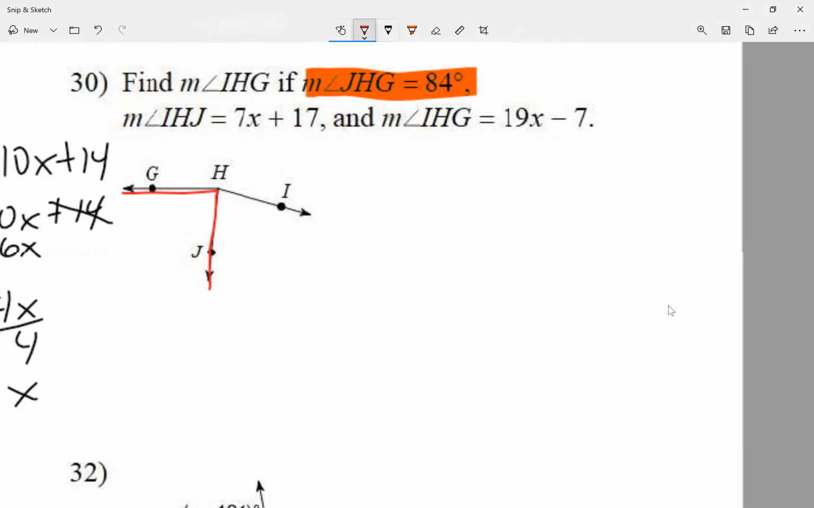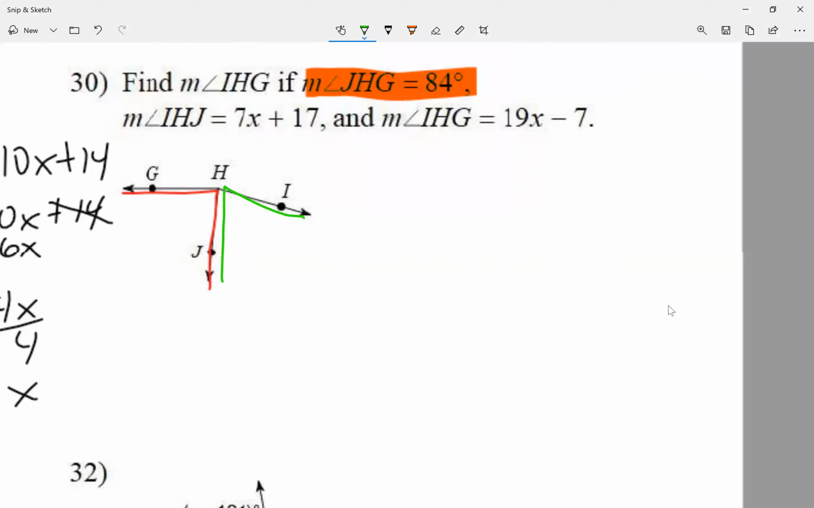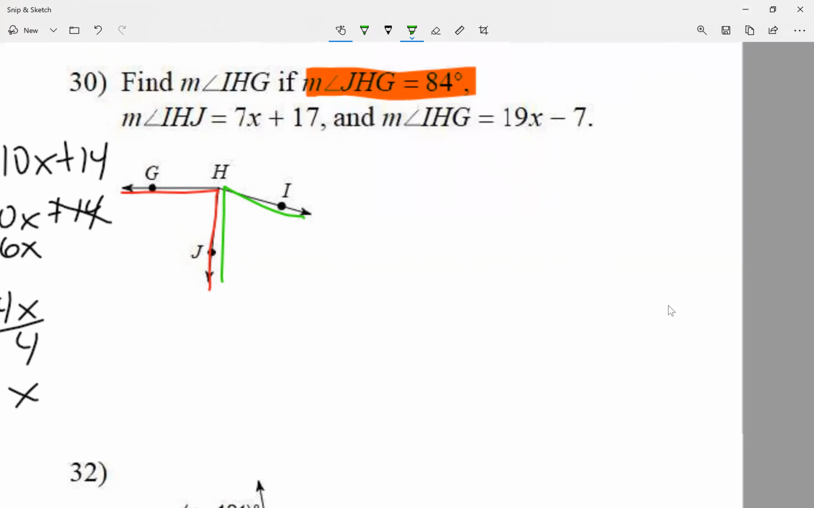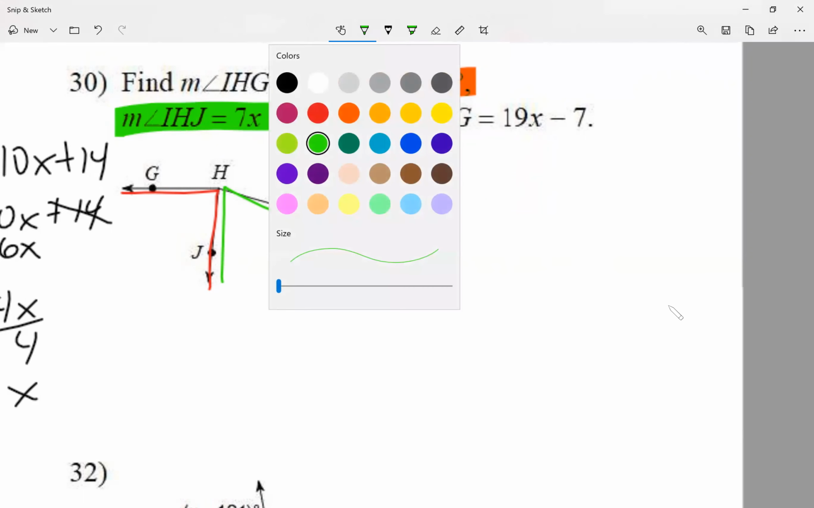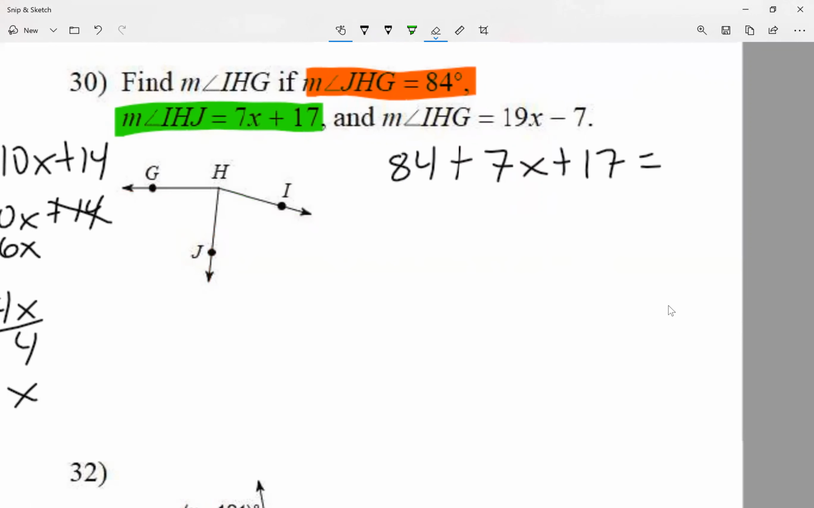The other small angle, it's this one, using the letters J, H, and I. Leave H in the center. I know that's 7x plus 16. Let me add those two small angles. So I'm just going to go 84 plus 7x plus 17 equals, now the big angle,